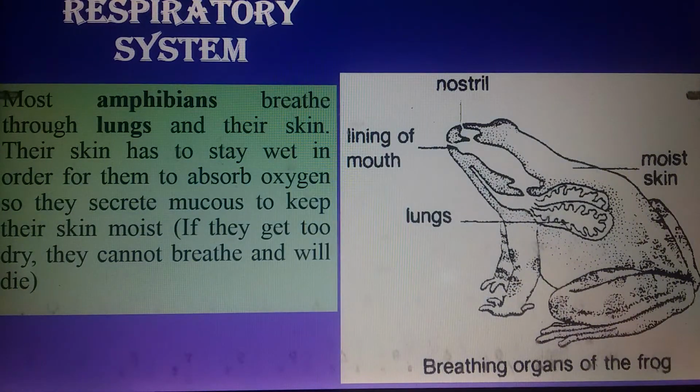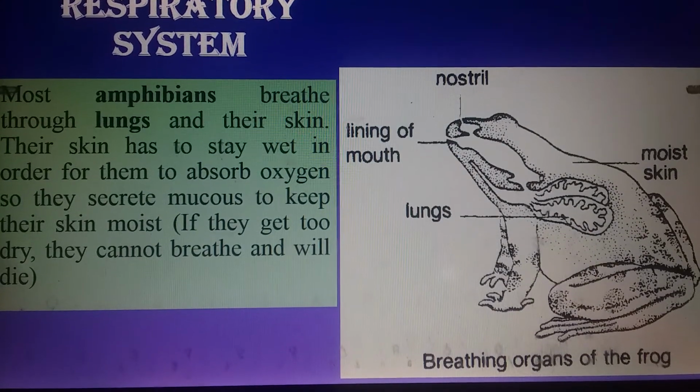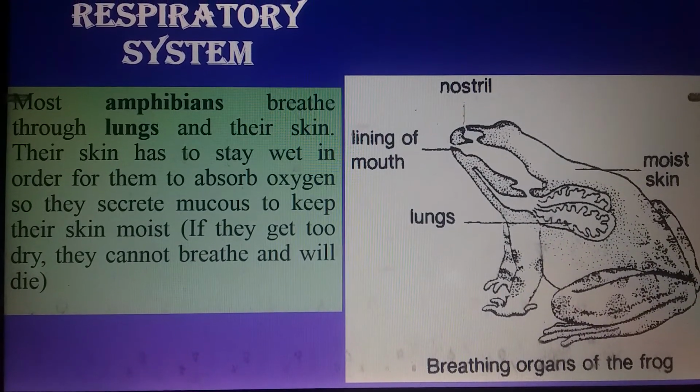Now I'm going to discuss the respiratory system. Regarding the respiratory system of the amphibians, they have gills at the early stages, meaning at the larval stages. When they live in water, they use their gills for respiration. And when they move towards the land, when they become adult, they use lungs as well as their skin. As you can see in this diagram, the skin, the lungs, they use even the lining of the mouth, nostrils, all these parts are used for respiration.